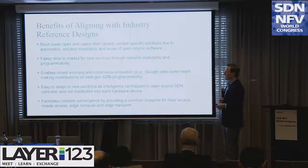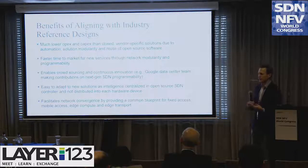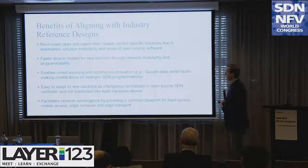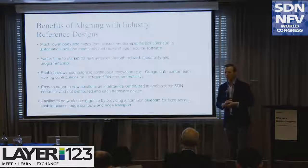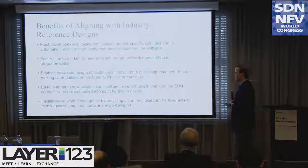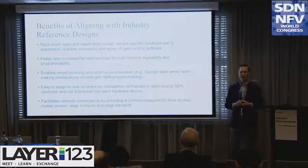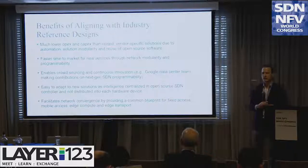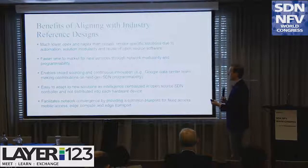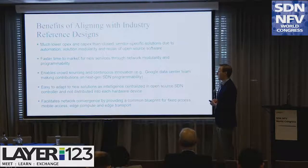It is faster time to market for new services based on the inherent programmability and the community that's out there building applications around this. It will foster innovation and bringing new products and services to market faster. Crowdsourcing and continuous innovation is a big deal, right? I mentioned Google bringing all the work they're doing in Stratum and contributing that back to the open source community. That kind of ongoing continuous innovation is something you just don't get in the traditional closed ecosystem approaches. So you don't get that open community engagement and development, and that's what we're ultimately trying to achieve with these open reference designs. And then,